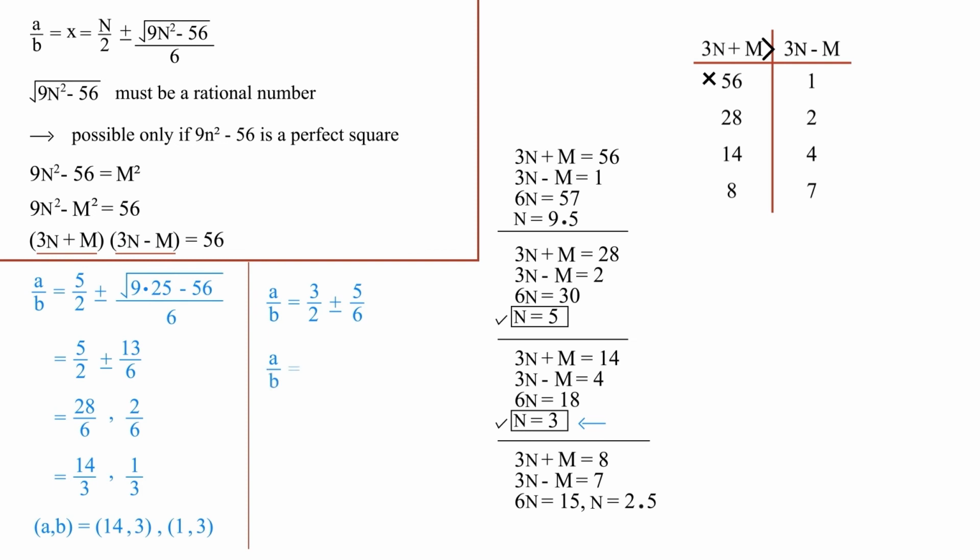This makes a over b equal to either 14 over 6 or 4 over 6. And of course we have to reduce that, so that's going to be 7 over 3 or 2 over 3 for a over b. And that means we got 2 more ordered pairs, and those are 7 and 3, and 2 and 3. So there you go. We got 1, 2, 3, 4 ordered pairs, and therefore